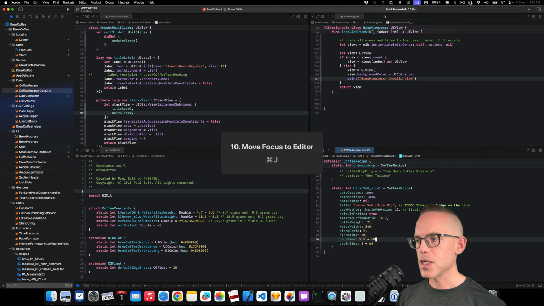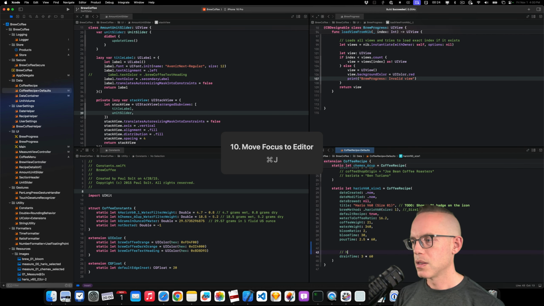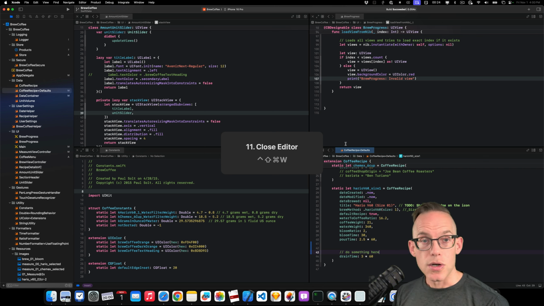And then all you have to do is press enter, and now your focus is here, and we can start writing down here. Okay, so that's move focus to editor. Next up, we have close editor. So we can close the editor by doing